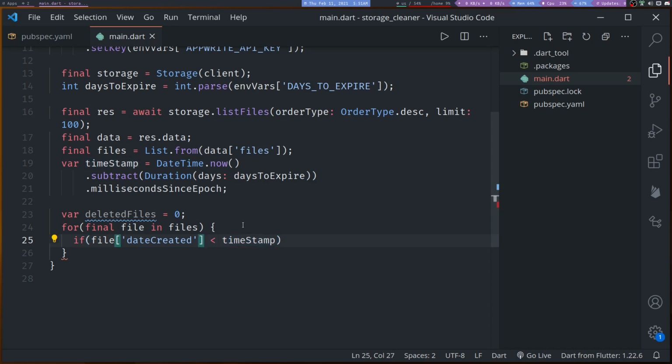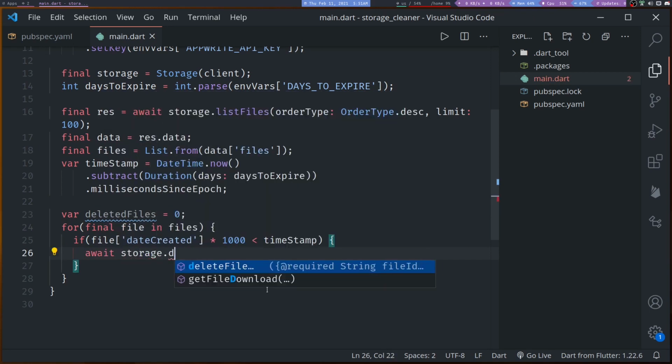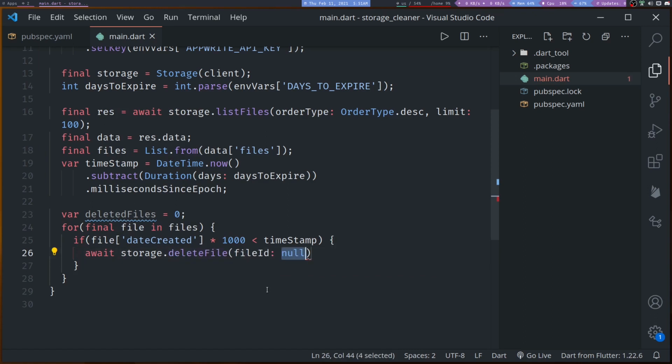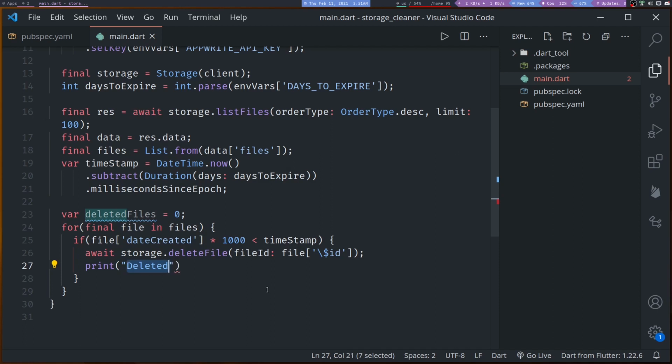And for this to work, as this is in milliseconds, we need to multiply this by 1000, because Appwrite stores date created time in seconds, not in milliseconds. It's Unix timestamp in seconds. So we check this. If it's true, then we will delete file. File ID will be file ID, and print, let's print deleted